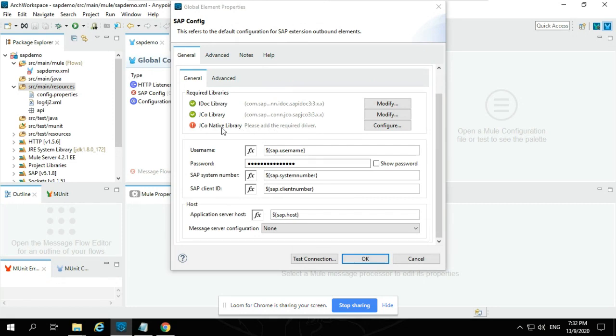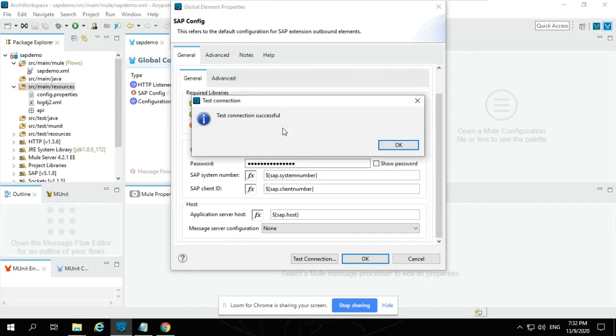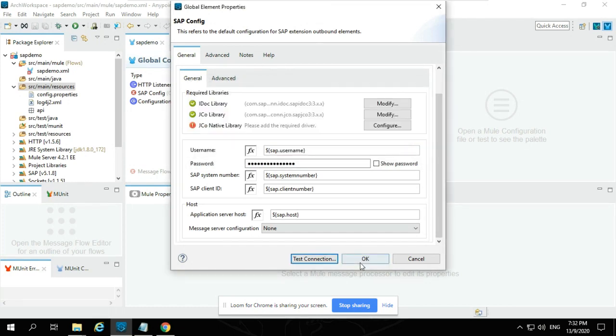It's not throwing an error here because these configs are getting added in our POM file. Even though it's not the right file, earlier when I didn't give that information, it was throwing an exception. Now, even if I fill in some information, I'm able to connect. So we are able to connect to the SAP system from the configuration values I gave.